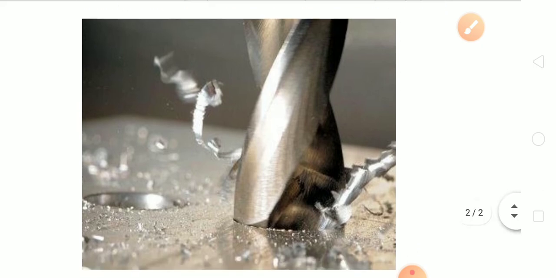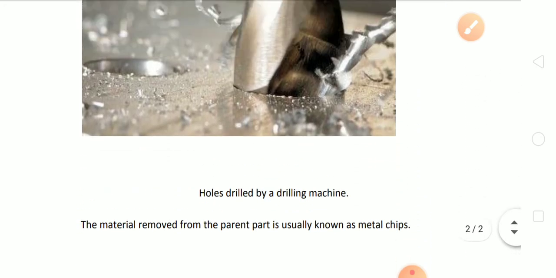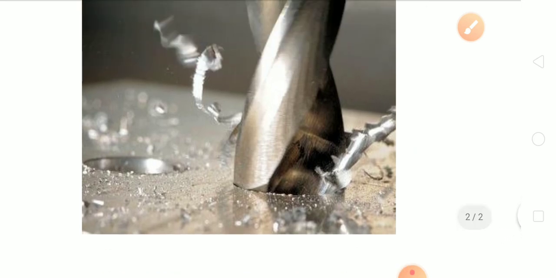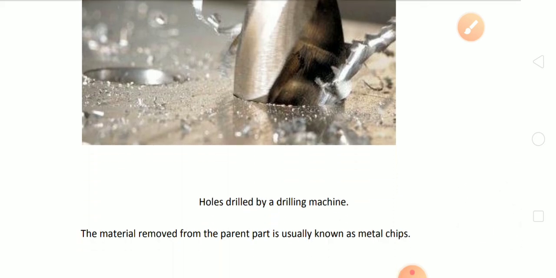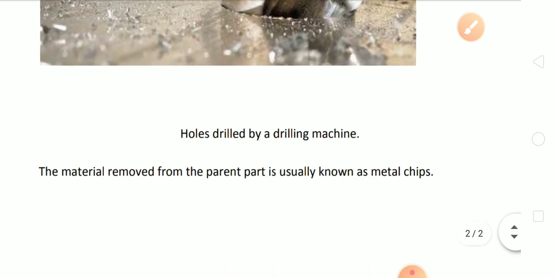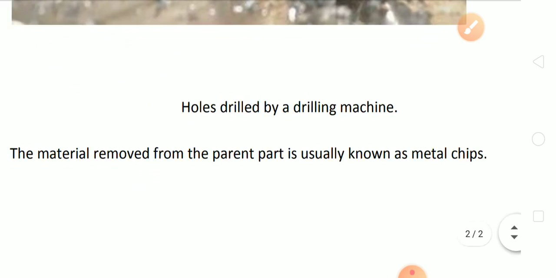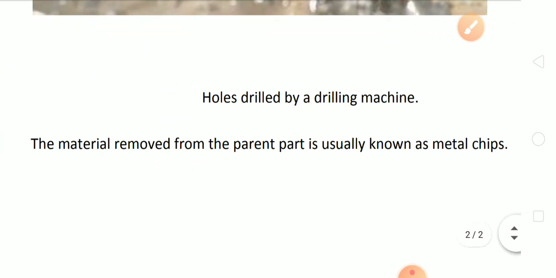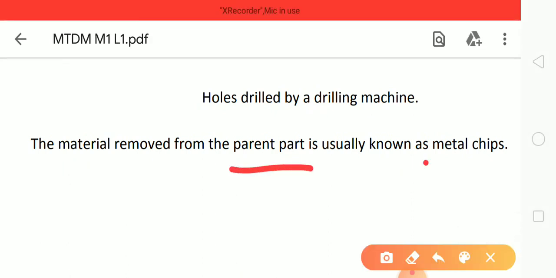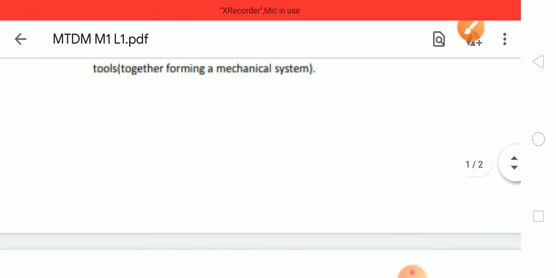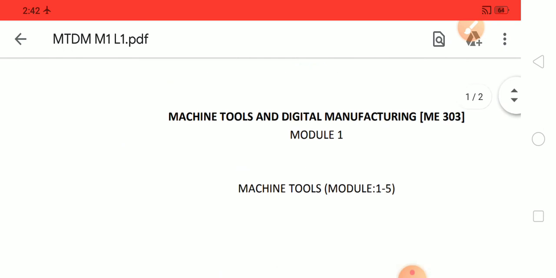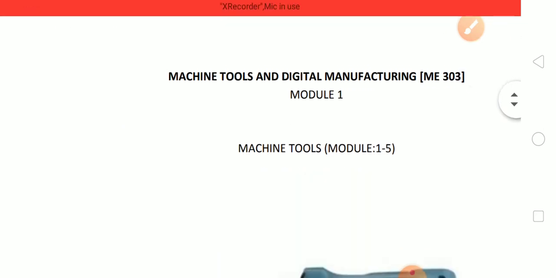The next, you see some metal is being removed and there are small parts removed from that. See, those parts are called metal chips. The material removed from the parent part is known as metal chips. So in machine tools and digital manufacturing, we are using the concept of a material removal process.